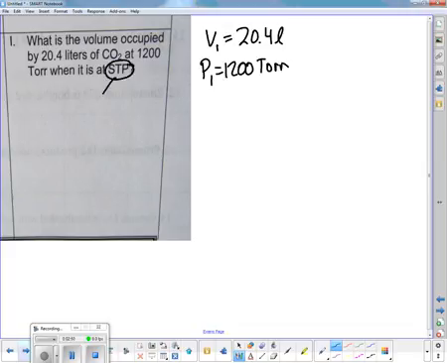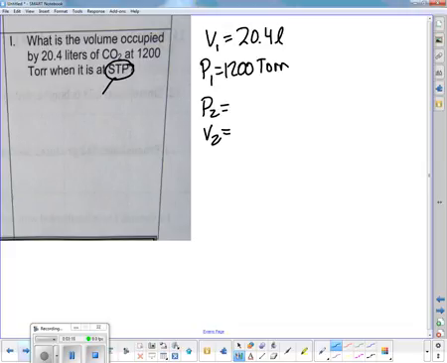What's STP? Standard temperature and pressure. What is standard temperature and pressure? And I need standard pressure. So we're looking for V2. I need P2, right? Because they already gave me one pressure. So what's standard pressure? 1 atm, which is also equal to, since I'm in torr right now,